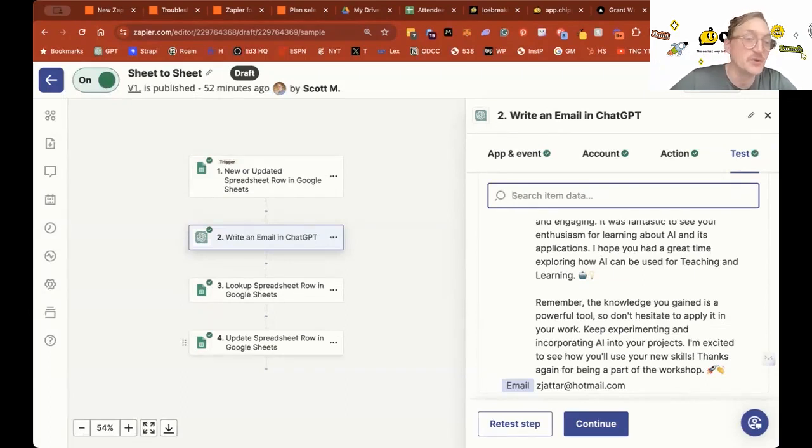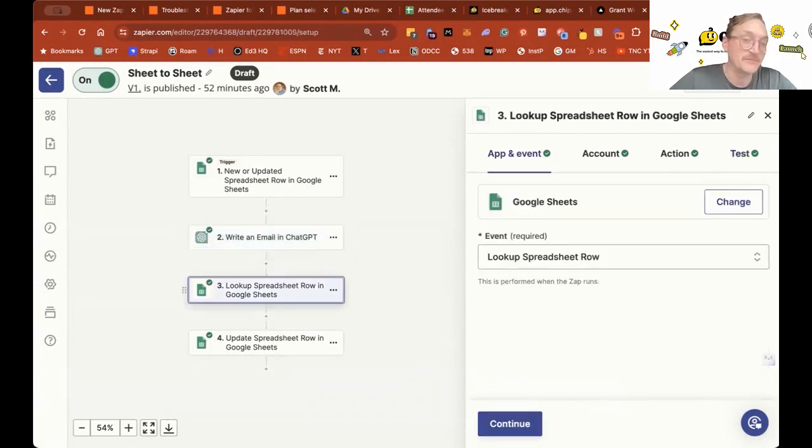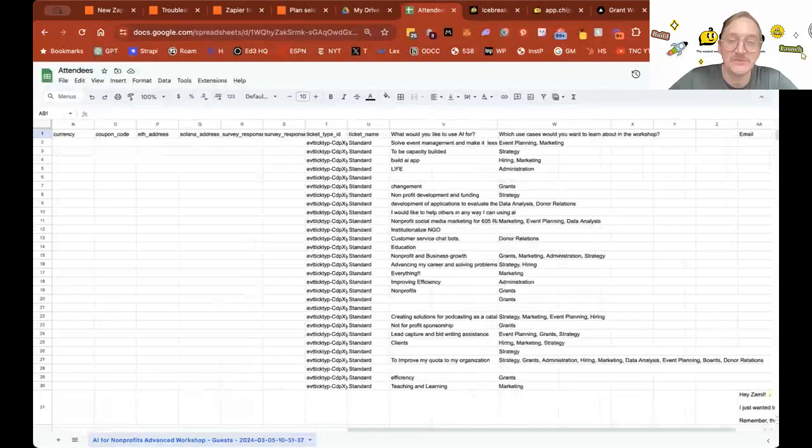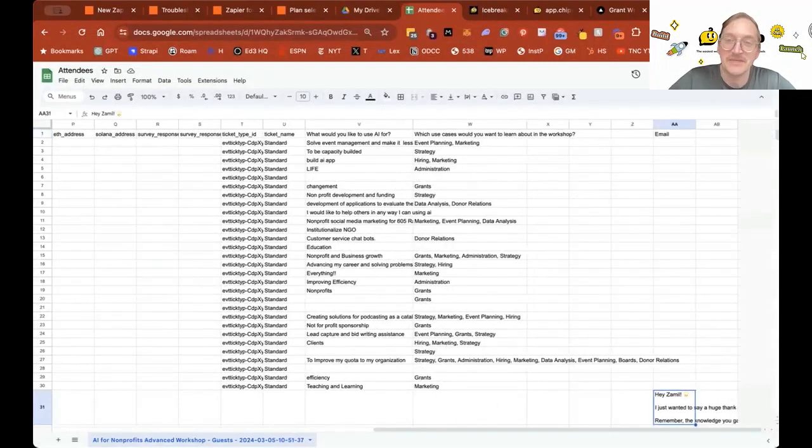So what I want to do next is put it back into my spreadsheet. And so what I'm going to actually do is look up for a row. So look up for the row that has that same email, and then I'm going to add that email text into the row. So here's what it looks like, once we get it built in, it'll actually drop my email right here, right? So now I can go in here and actually see that email on my spreadsheet. And as people get added, it'll just create those emails in real time.